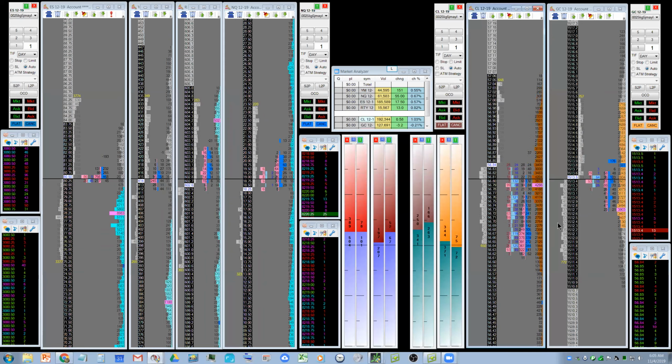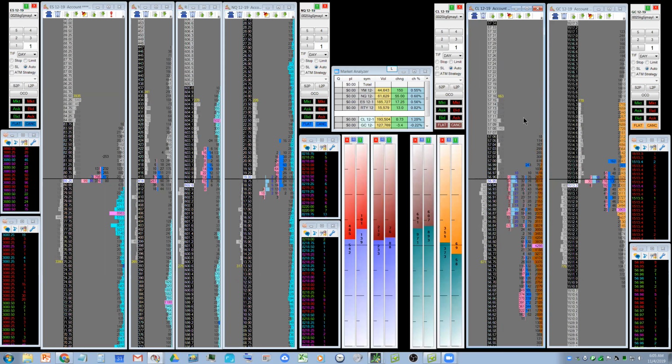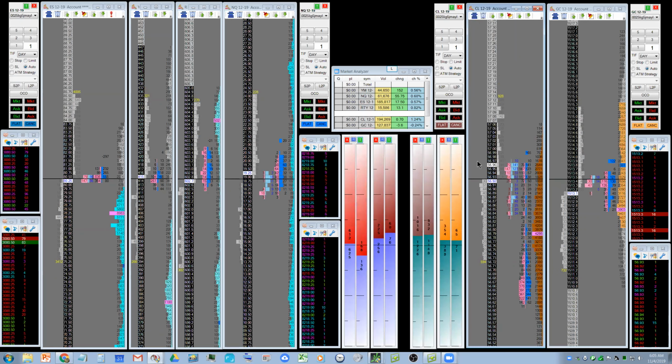So remember that node we were watching? It turns out that node became a really strong area to get long. So that's how you watch order flow. And that's how, we don't really have a bias. Oh, look at this. It's going to bust out again, most likely. Now, oil loves to do that. It'll come up here and tease, and then it'll just go phew, and just shoot up into 57. I won't necessarily try to trade that, but it looks like it's going to happen.